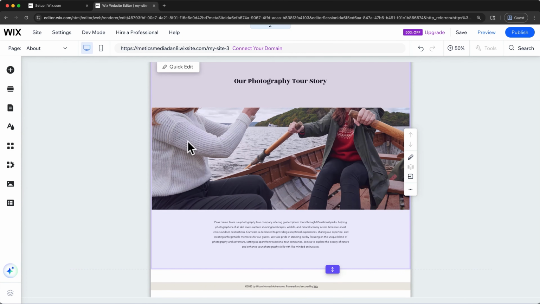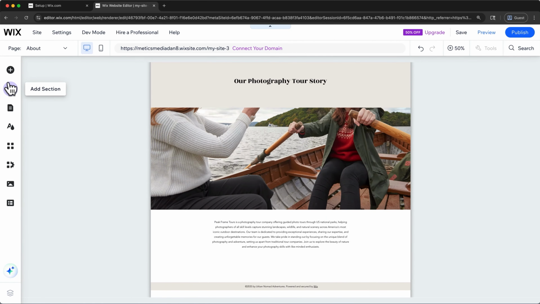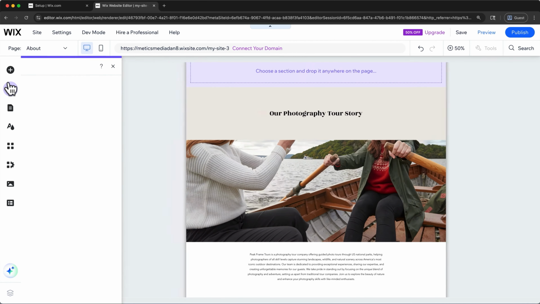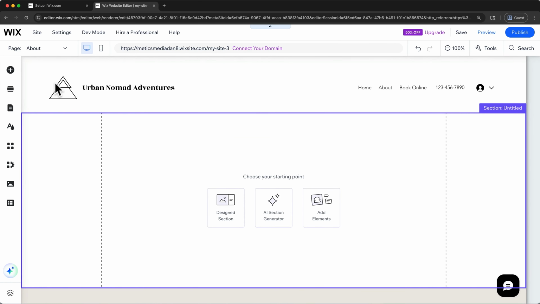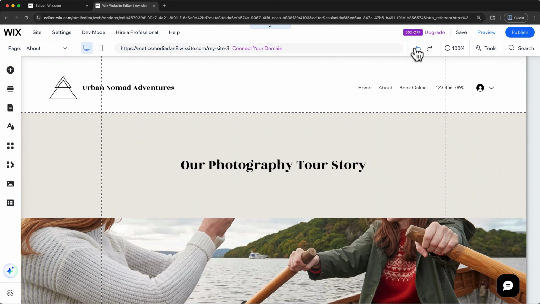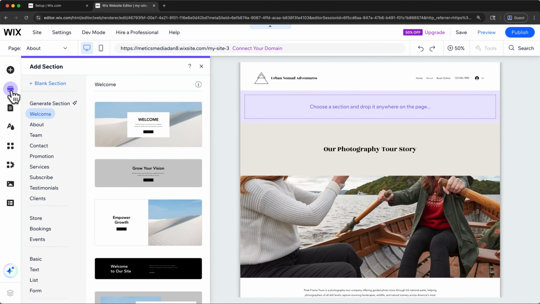And then over on the left-hand side toolbar, let's click this button to add a section. You'll see this panel open up with a bunch of pre-designed section templates to choose from. If you want to start from absolute scratch, you could choose blank section, but I'd recommend browsing the templates to save yourself some time. So I'll undo the blank, click here to add a section,